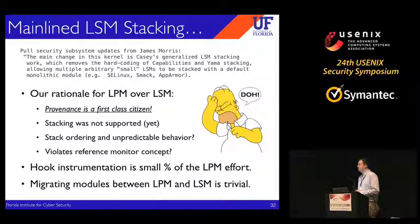Hi, Nicholas Carlini, UC Berkeley. What do you do about side channels? Yeah, that's a very fair question. We don't have a solution for side channels. We're not alone in that, okay. Right? So one thing